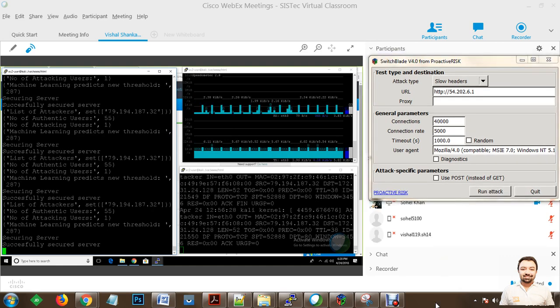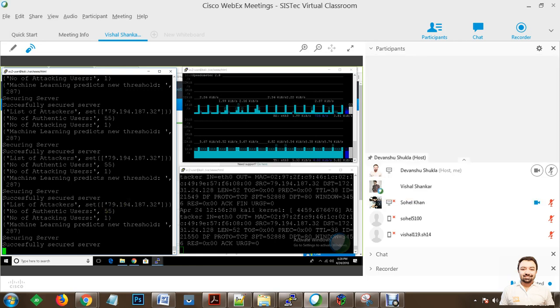So now we are going to show you, you can see that as soon as the behavior of the user changes, we are going to get more users, and we're going to get a threshold change. Now you can see that the number of authentic users on the server has increased, and the number of attacking users is 1 at the moment.